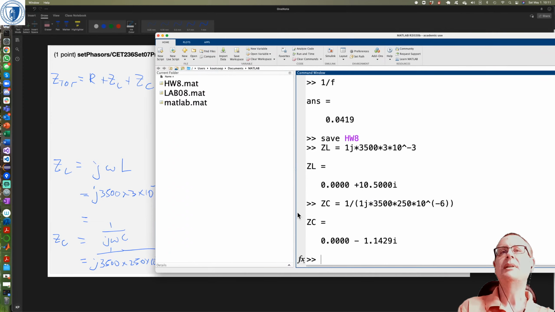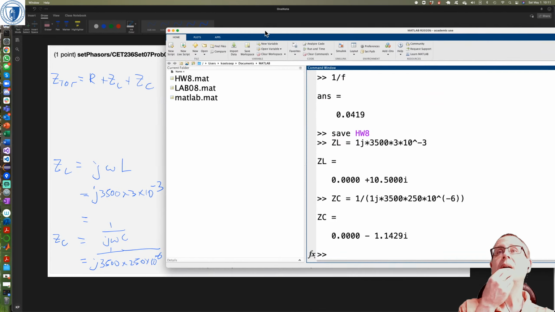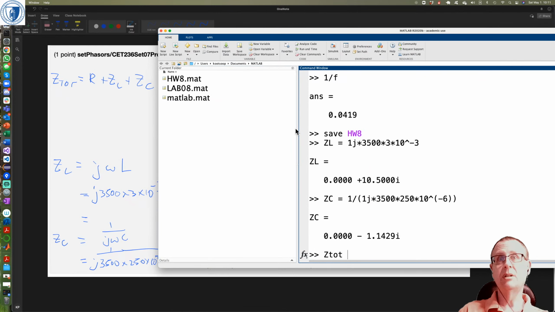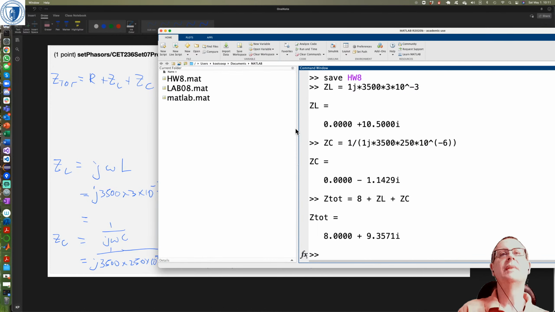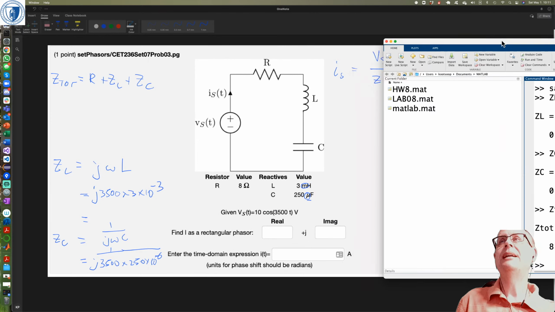Okay, so our Z tot, what was R? I've forgotten what R was. R was 8. Right, so our Z tot is 8 plus ZL plus ZC. Because the capacitor imaginary part is negative and the inductor imaginary part is positive, you get a reduction on the inductor imaginary part, which was the bigger of the two. Okay, so it's 8 plus 9.35J, and that is Z tot, but we need